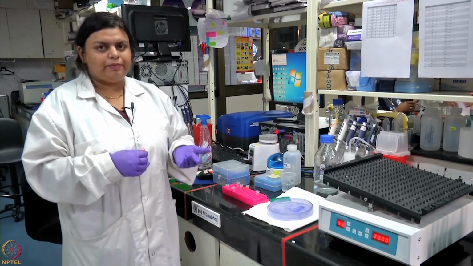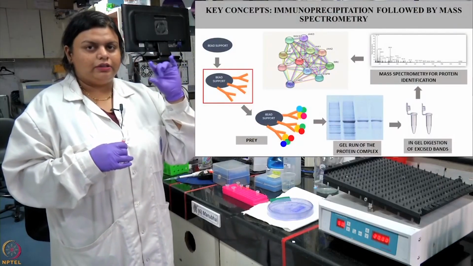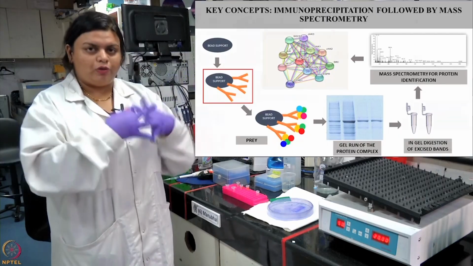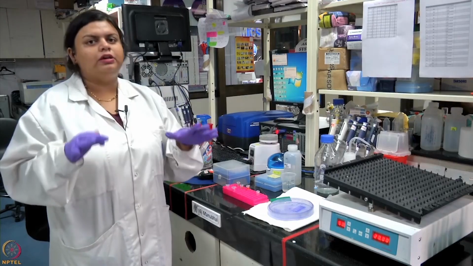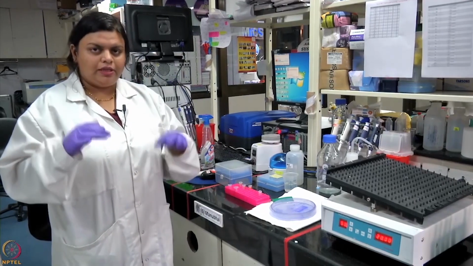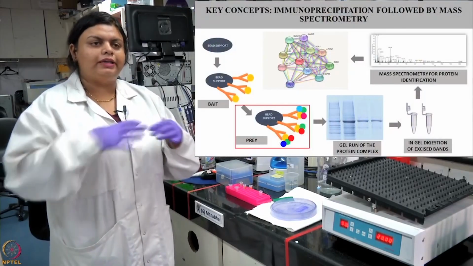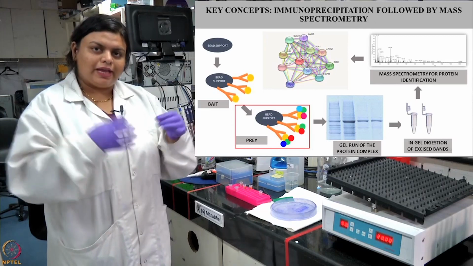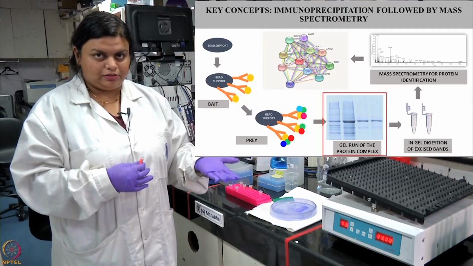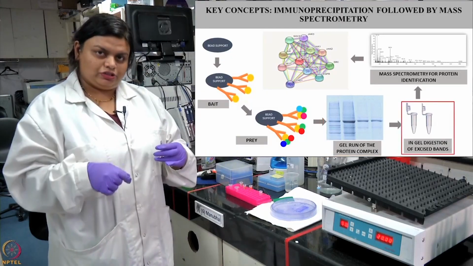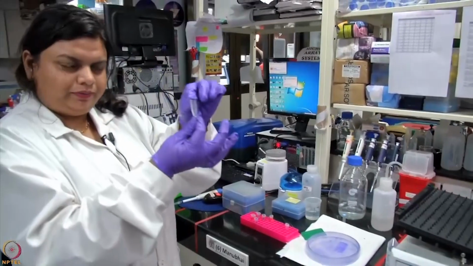And then the last step is using the antibody and bead conjugation mixture, where the antibody is already bound to the bead, and using this pre-cleared lysate, which is the lysate clear of all the noise or all the background proteins, we will incubate overnight. This is the way we will try to get all the interacting partners together in a big complex, which we will subsequently run in an SDS gel, and then we will do the gel excision followed by the mass spectrometry.